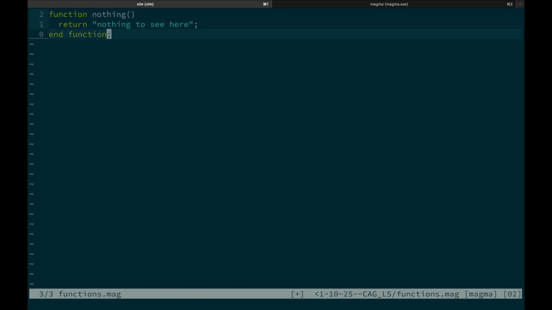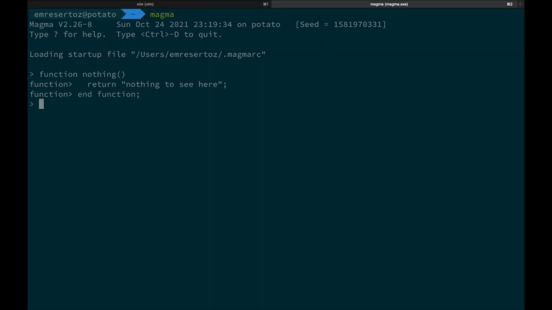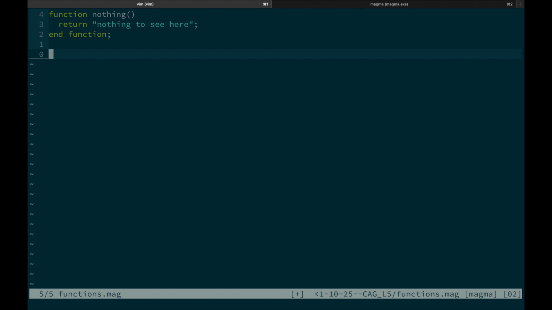All right, let's copy this and paste into Magma. Now we can execute the function and see what happens. It returns the string as expected. All right, after a function that does nothing, it can only go up. So let's do something a little bit more interesting. How about we construct an identity function? So I will write down